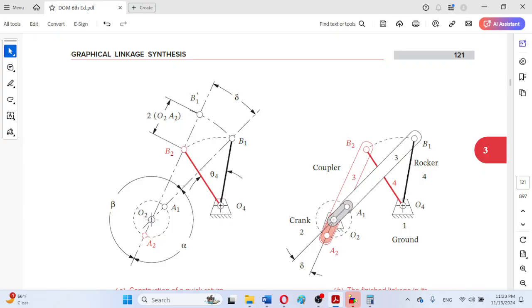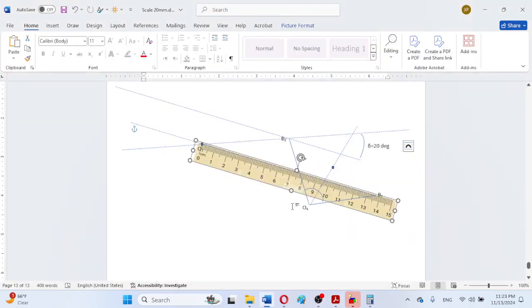compass center at this point O2, and we will describe this crank circle, which will intersect at two positions A1 and A2, and these will be the two extremes of the crank. This extreme of the crank, O2 A1, will be when the rocker is at extreme B1, and the other extreme of the crank will be when the rocker is at the other extreme B2. So now I can apply the same method,